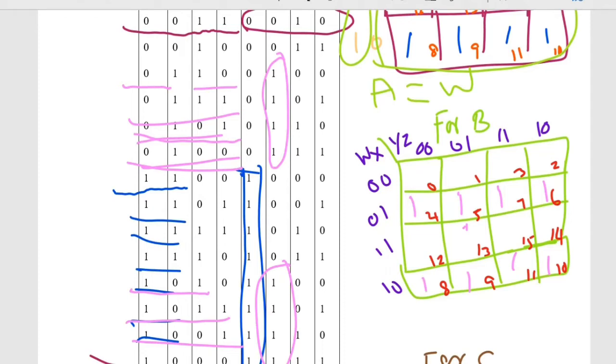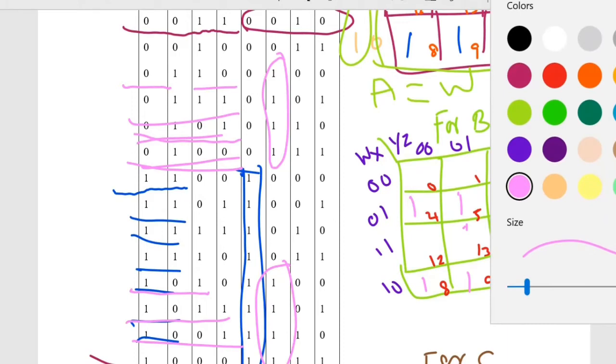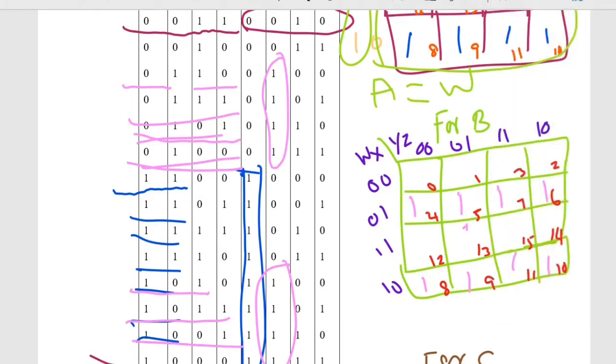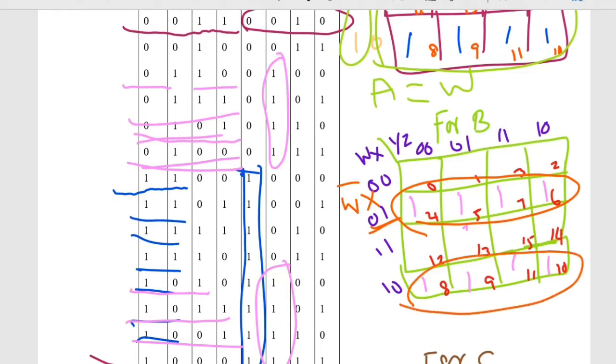Now we need to group the same. While making a group, these all come in one group as W bar X. See here, W bar X. Then while grouping these 4 things, W X bar.